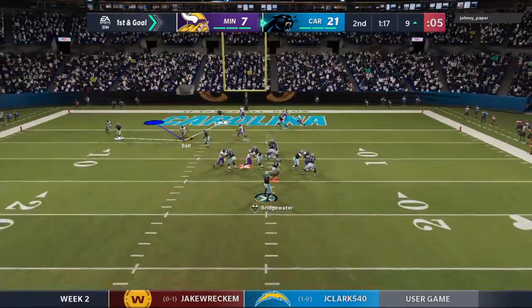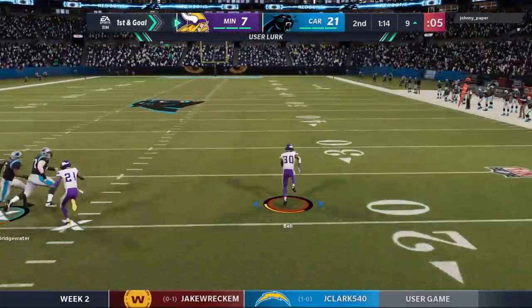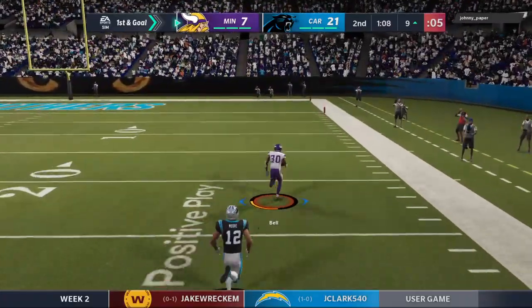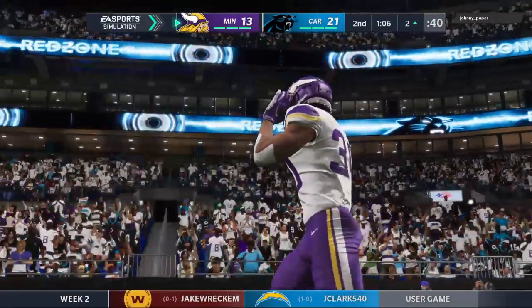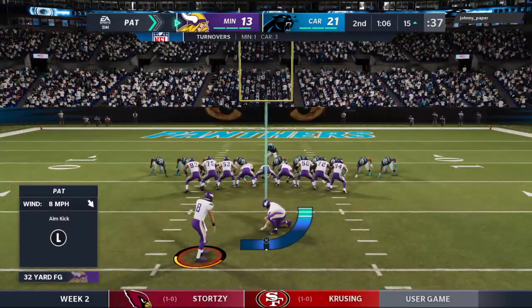To throw is Bridgewater. Oh, and Bridgewater intercepted for the third time. Picked off by Von Bell. He's at the 50, 30, past the 20. And he will take this one home. It's a touchdown. So they had a good drive going, a chance to build on this first half lead, but